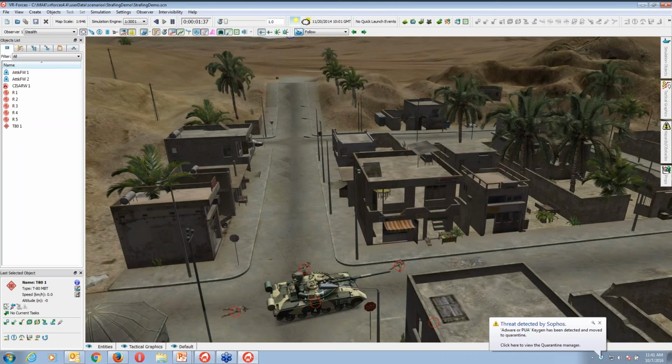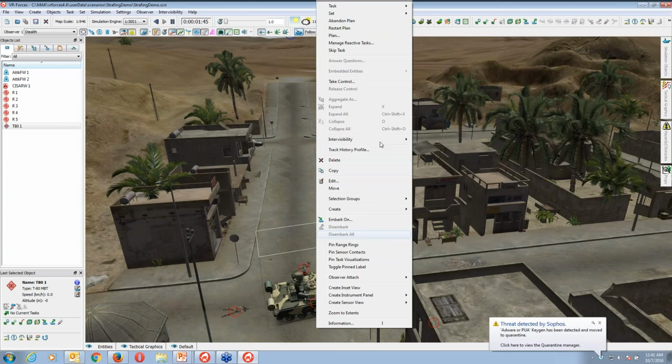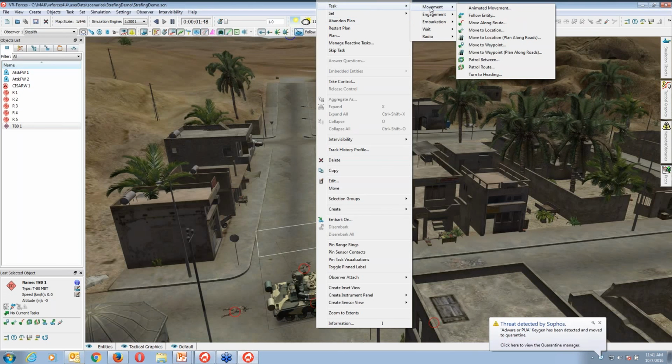Okay, just select this tank platform and give task. Task is movement task, and move to location. See, we have different tasks like move to location with planned routes, move to waypoint, patrol the route. So I'll say move to location using routes only.